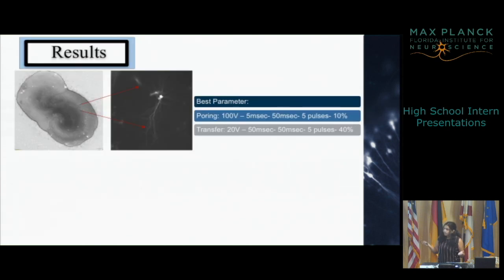So these are my results. Here you are looking at an organotypic hippocampal slice. Organotypic means cultivating these slices over a period of time. When the cells are alive, we are able to insert genes into the cell and we can monitor them. On your right is a picture of a much higher magnification of a pyramidal neuron, which we are looking for. The pyramidal neuron is used by the Eesha lab for their experiments,